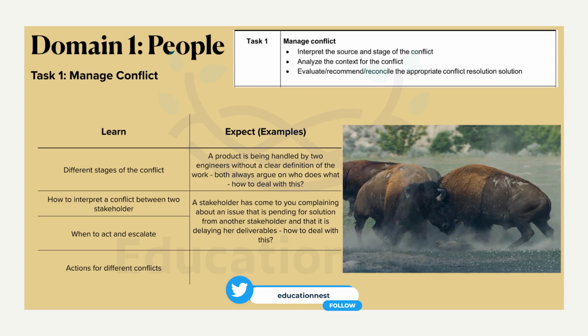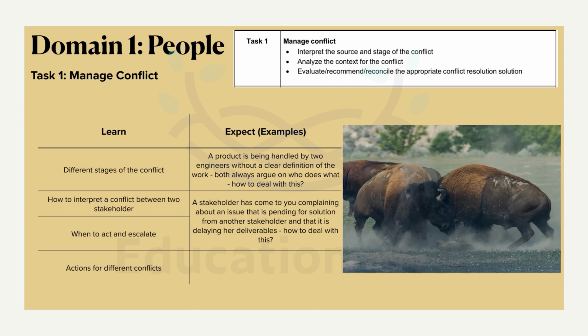Imagine some work is given to two colleagues because it's too difficult to be handled alone. If you do not define the deliverables of each of these colleagues, there will always be conflicts. Also, the work of one stakeholder may be dependent on the work of another stakeholder, and then there is a constant delay in delivery because of which the work of the other stakeholder is getting delayed. That's another reason for conflict. So the project manager has to solve these conflicts. In fact, this is one of the most important purposes of having a project manager's role in the organization. I hope you all agree.